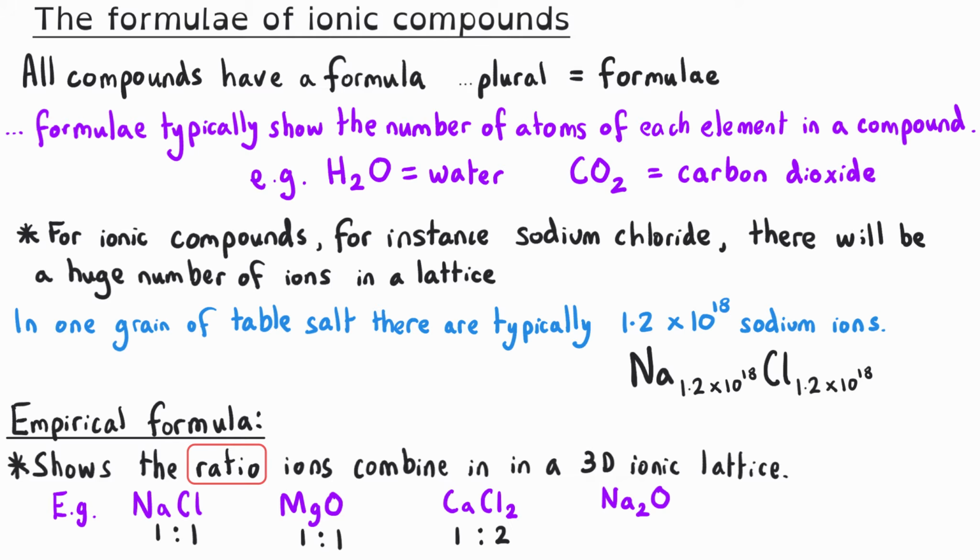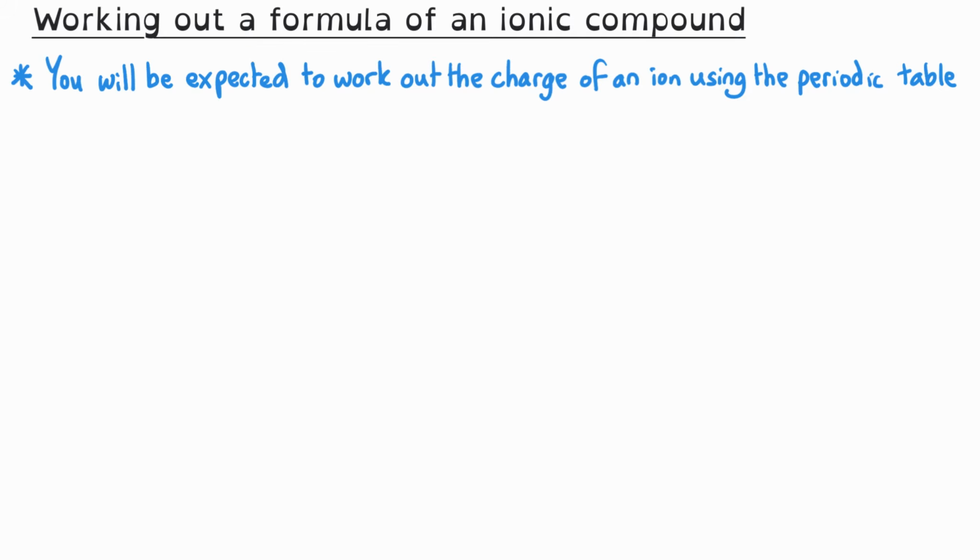And sodium oxide is Na2O, meaning for every 1 oxide ion, there will be 2 sodium ions. You will be expected to work out the charge of an ion using the periodic table, and then use the charges of both ions to work out the formula of an ionic compound. And the best way to do this is to look for the common multiple of the positive charge and the